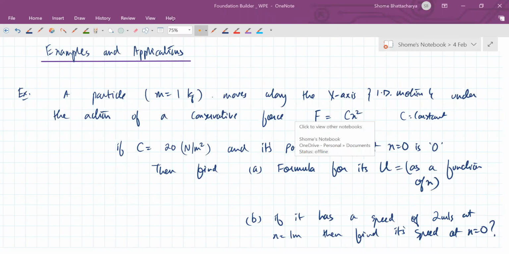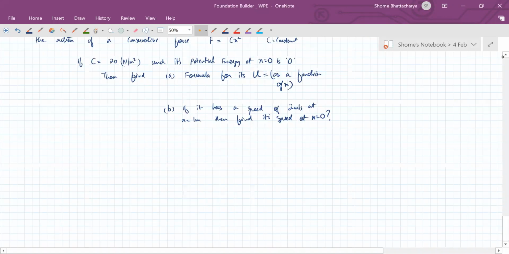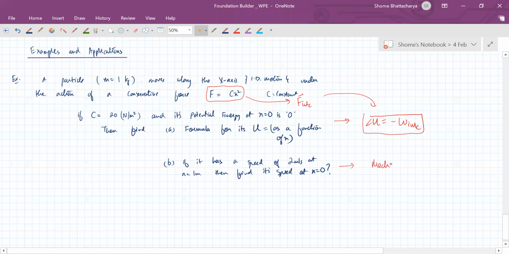Yeah, Kunj, I'm explaining both the parts actually. So basically, see, only a conservative force is acting. So mechanical energy will get conserved. So once you get the formula for potential energy, how will we find the formula for potential energy? We'll use this relation that delta U is negative of work done by the internal conservative force. So this will be my internal conservative force. We'll substitute this here, and once we get this, here we'll use the relation that mechanical energy is conserved,